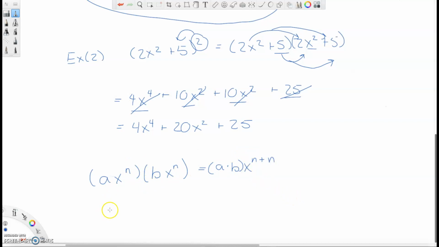Okay? As an example, say you have 2x squared multiplied by 3x cubed. When you multiply these, first things first, multiply our coefficients here. 2 times 3 should be 6. Then you know you have the same x, same variable, so you're going to put the x there. You have 2 here, so x squared times x cubed is going to be x to the 2 plus 3, which is going to be finally 6x to the 5th. And that is our completely